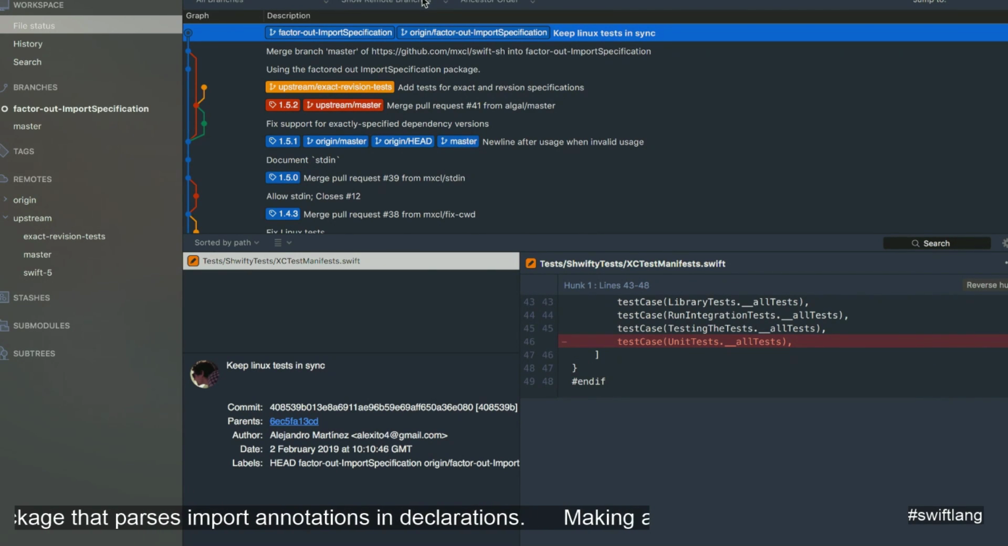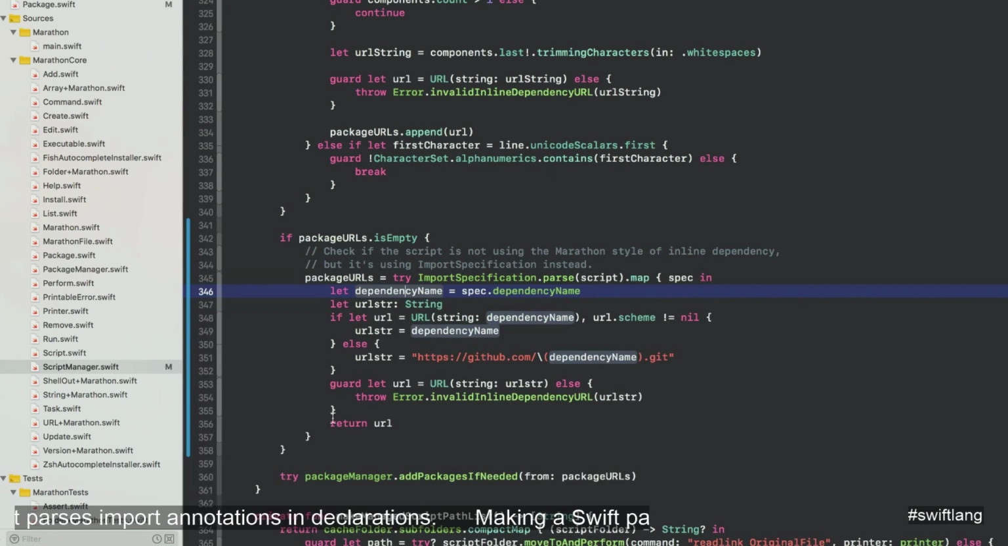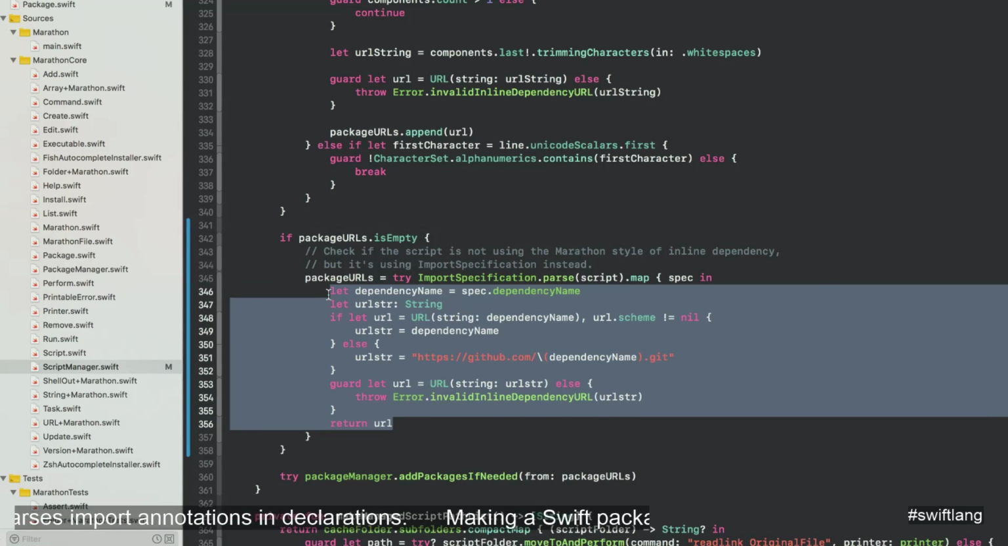Okay. So now the only question is, do we move this logic? And I think the answer is yes, but I need to think a little bit about it. Do we move this logic into the import specification package? That's the question here. Yes, because I want to reuse it, but again,